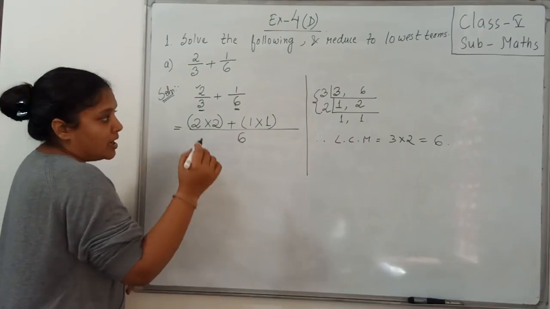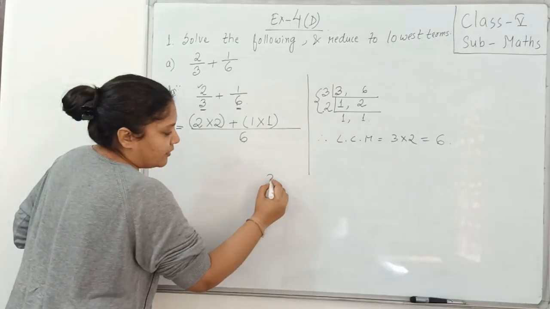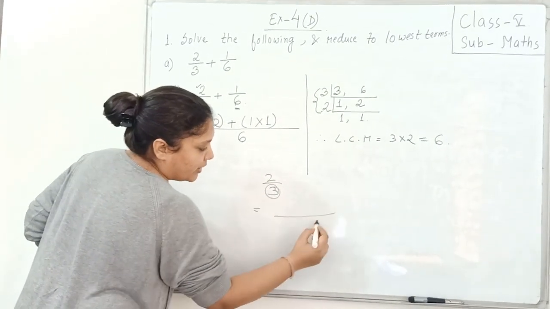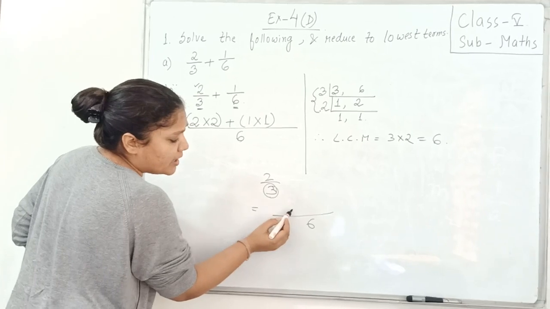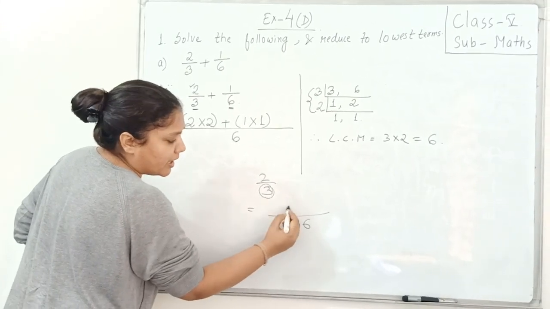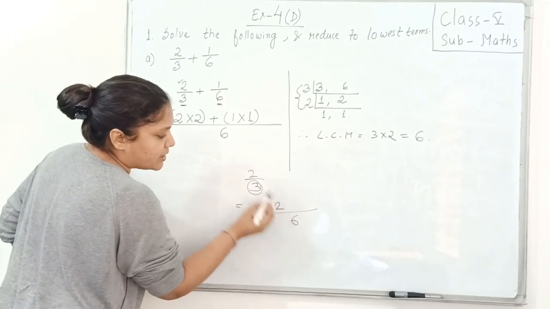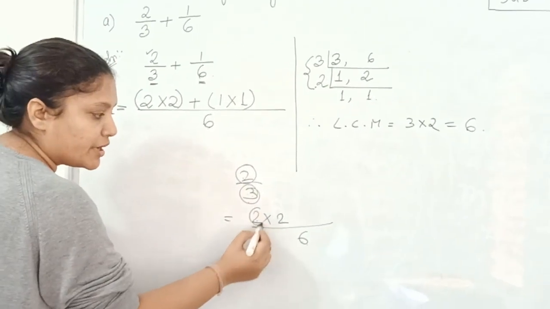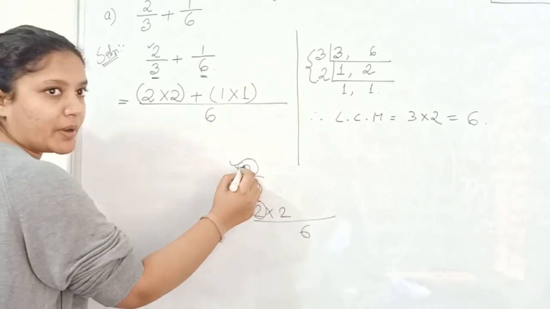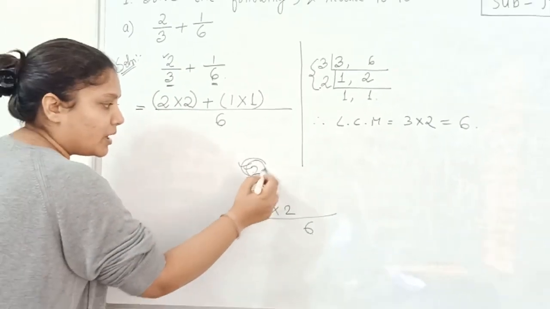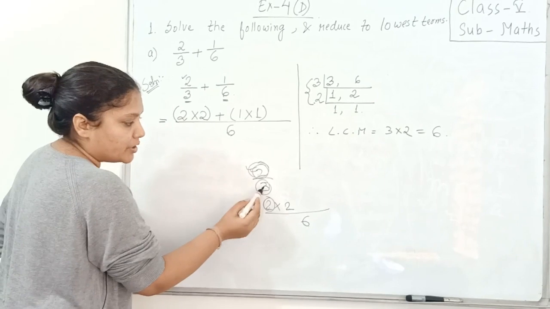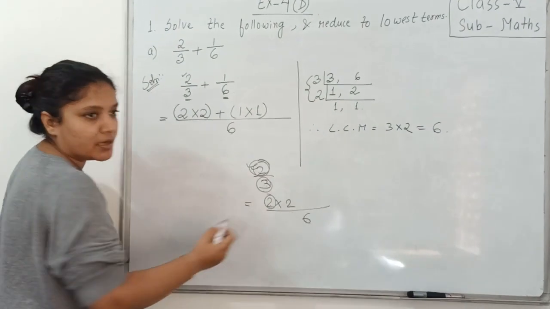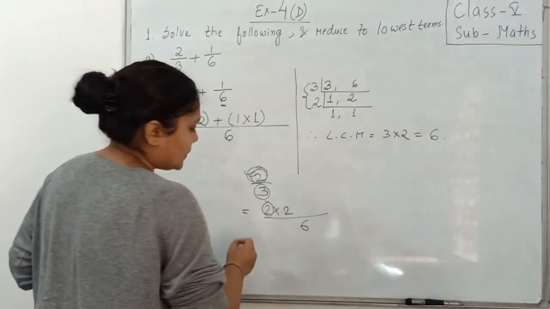Clear? This thing again I am telling you, don't get confused, okay? What is the denominator here? 3. If it is 6 here, 3 का टेबल में 6 कब आता है? 2 जा, तो 3 2 जा 6. ये जो 2 है यहाँ पे ऊपर में जो नंबर है वो ऊपर ही रहेगा, वो चेंज नहीं होगा. कोई भी नंबर हो यहाँ पे, ठीक है? Any number can be here, वो वहीं पे रहेगा. नीचे वाला डिनोमिनेटर से तुम लोग देखोगे कि 6 में कब आ रहा है? 3 2 जा 6. Understood? So